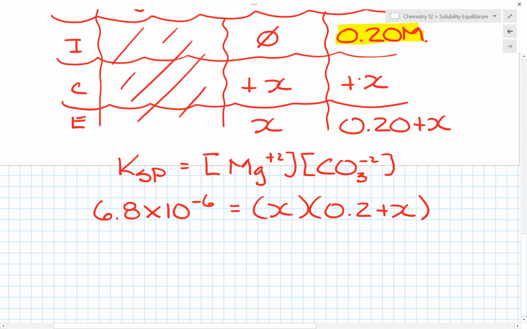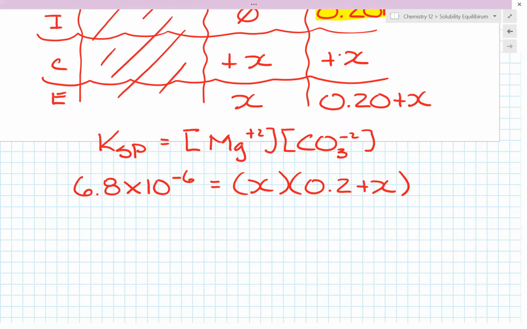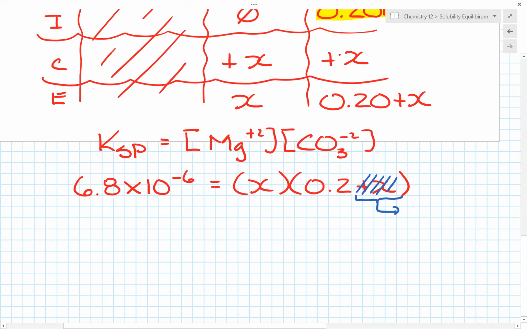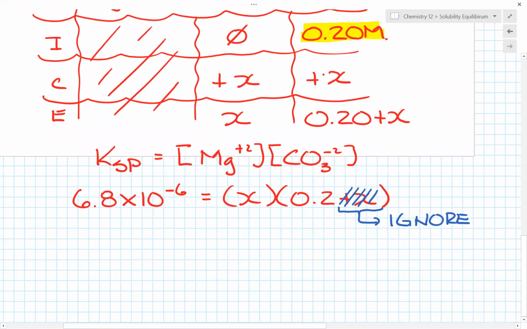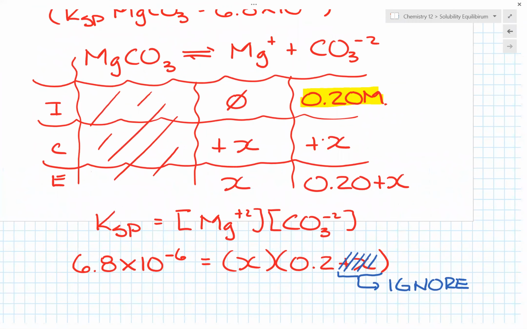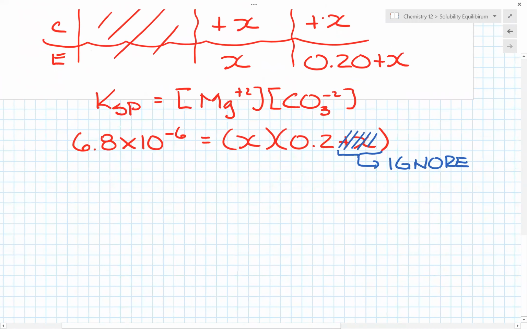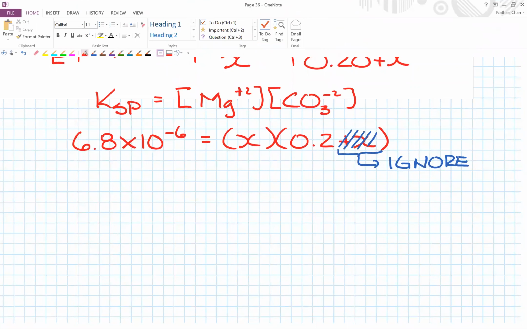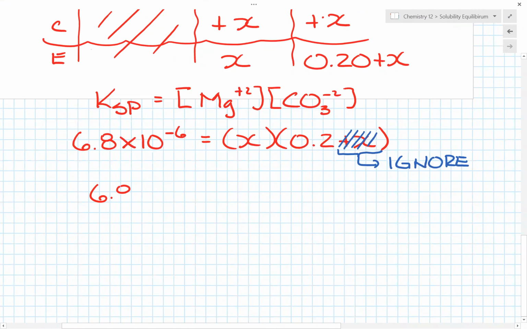Now, you can expand this and use the quadratic formula, but an easier way would be to pretend that the change in x you can ignore. Why can you ignore it? Because the amount of ions from the MgCO3 dissociating is so small. How can you tell? The Ksp is so small. So then we have 6.8 times 10 to the negative 6 is equal to